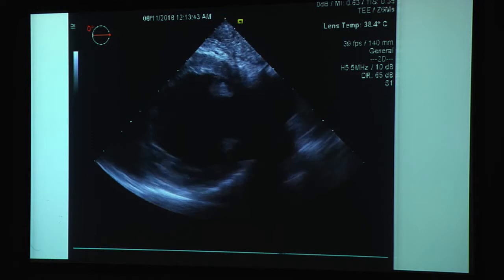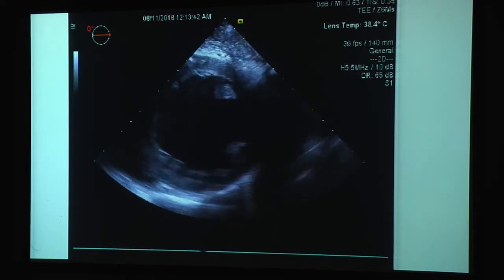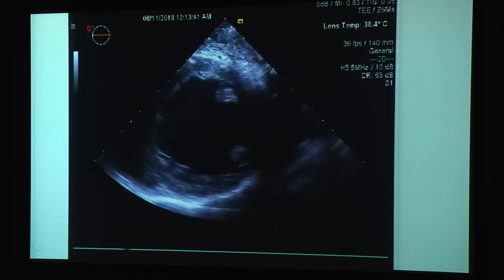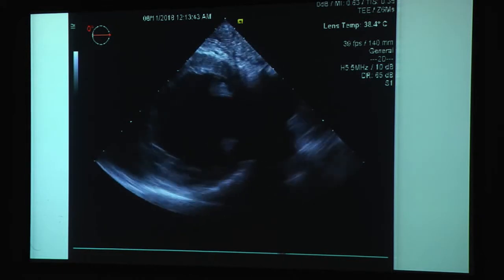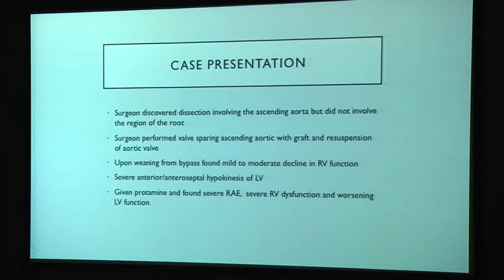And then the resultant left ventricular dysfunction in this second patient. So not in the case presentation, but this patient did have some changes as well. So put this patient to sleep, went to surgery, the surgeon dissected and found that it involved the ascending aorta, but did not involve the region of the root. So the surgeon decided to put a root-sparing ascending aortic graft in place, did not replace the aortic valve, but